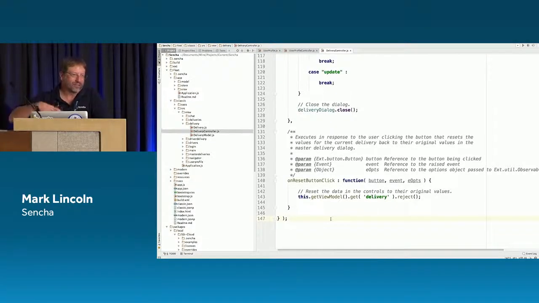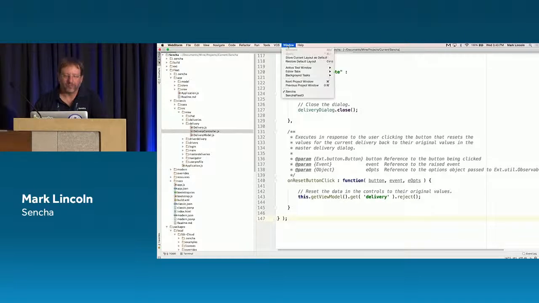Again, the data is being communicated back to the model through the two-way data binding. If we just want to cancel the changes, we could just do that ourselves. We don't have to reset the values. If we go back to the original application,